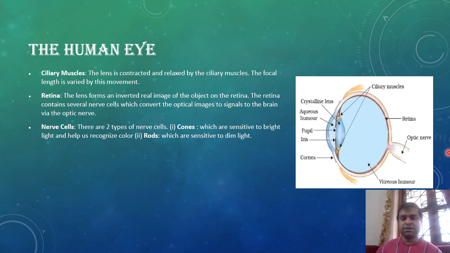See, there's a part called the aqueous humor over here. Now this aqueous humor is a jelly-like fluid which will keep the lens moist. That is why, if you notice, whenever you are wearing contact lenses, which the doctor usually prescribes if you don't want to wear your specs, those contact lenses are always kept immersed in some liquid to keep them moist.